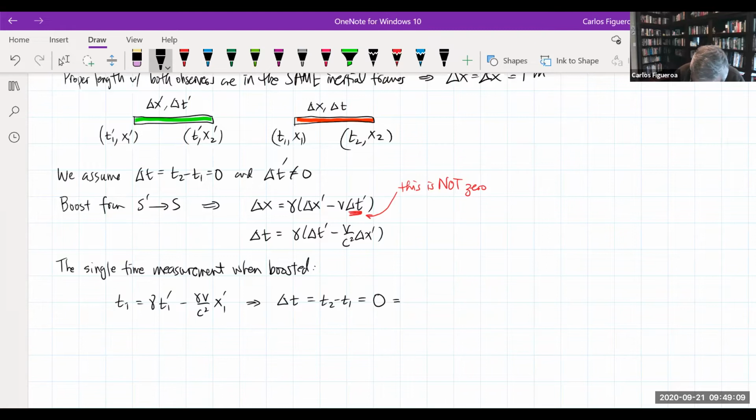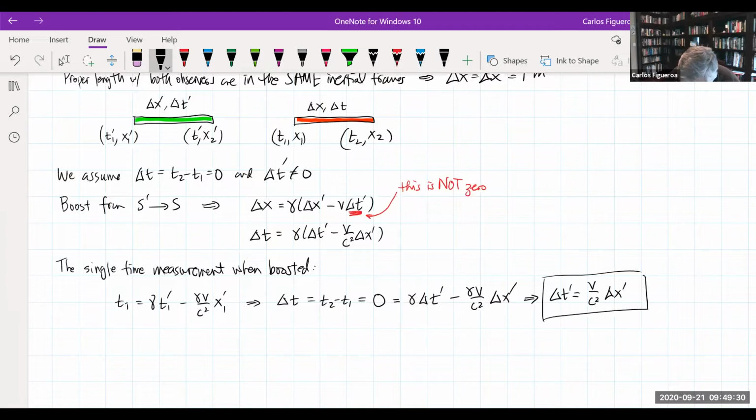So then this should give me gamma delta T prime minus gamma V over C squared delta X prime, which then tells me that if I solve for delta T prime, this is going to be V over C squared delta X prime. So what I've done here is that I've now calculated a time measured by Maria that is not simultaneous,